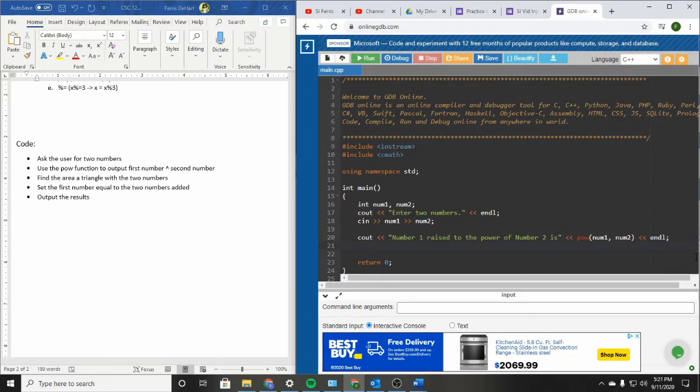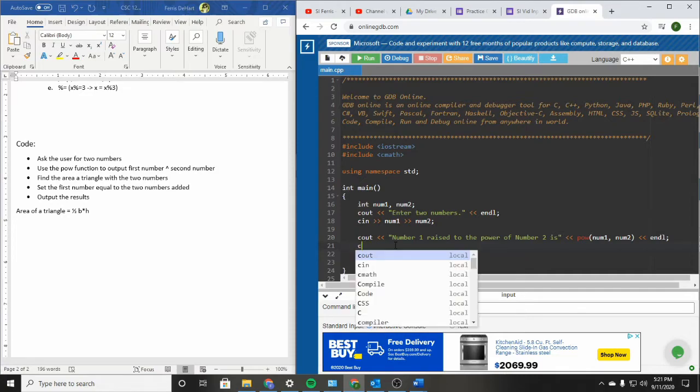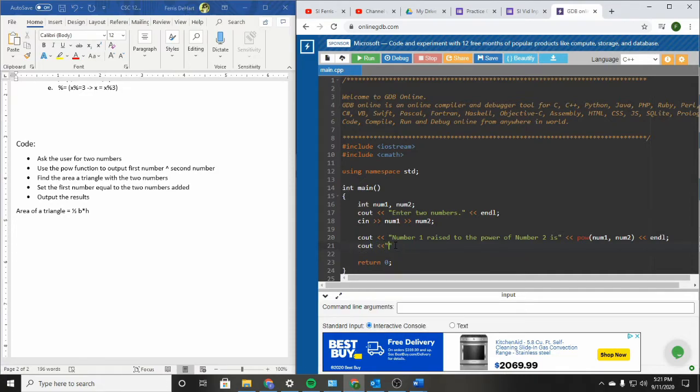Okay? So the next statement is find the area of a triangle with two numbers. So I'm going to go down here. The area of a triangle is going to be equal to 1/2 base times height, right? So if we go down here, we can type "area of triangle". I cannot spell today, I apologize. "With base and height"